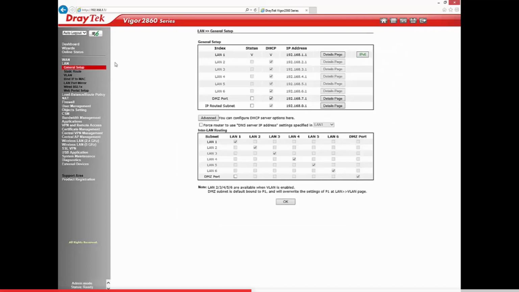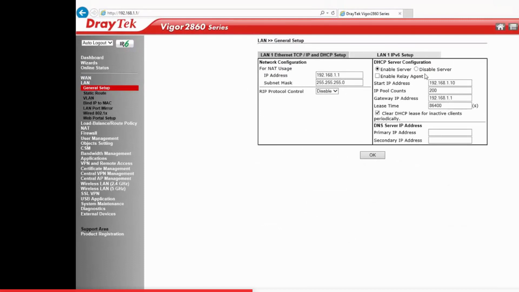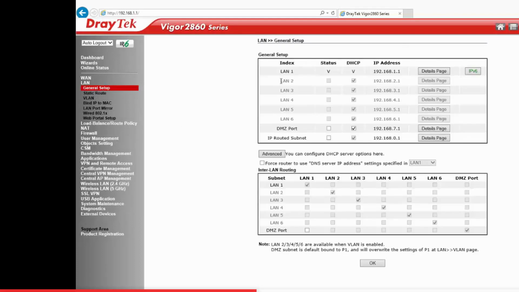To configure LAN 1, go to LAN General Setup, click on the Details page, and enter the IP address, subnet mask and DHCP configuration. Similarly, we need to configure LAN 2, LAN 3 and LAN 4.